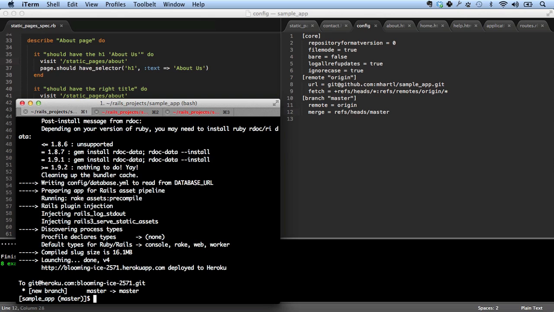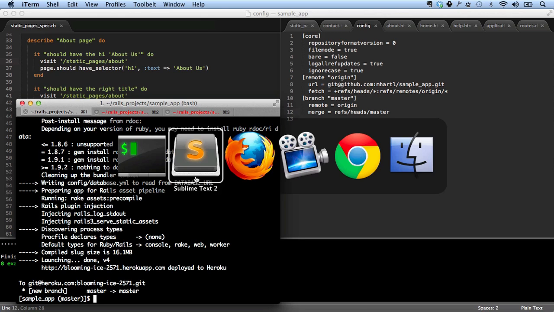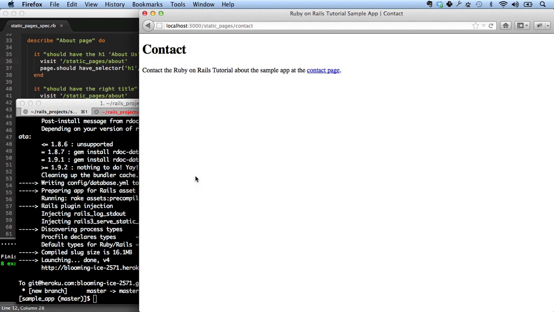All right, now that the application's finished deploying, let's take a look at it. I'm going to use Firefox again, because remember we're looking at this title. And let's go to home. This is static_pages/home. There we go. So we can see the title, Ruby on Rails Tutorial Sample App | Home, and then the right